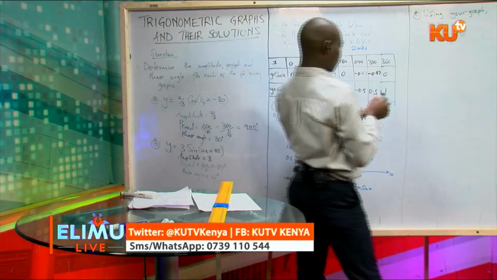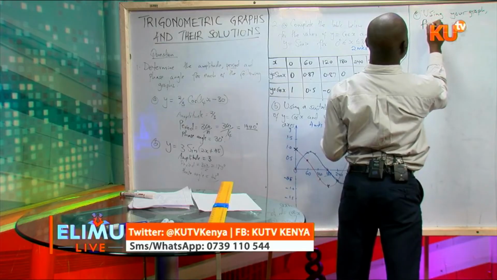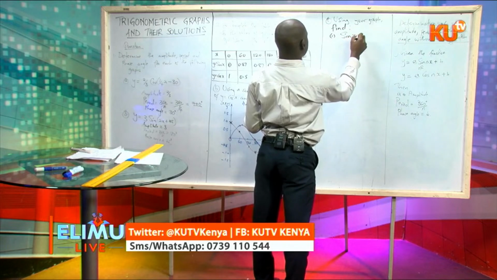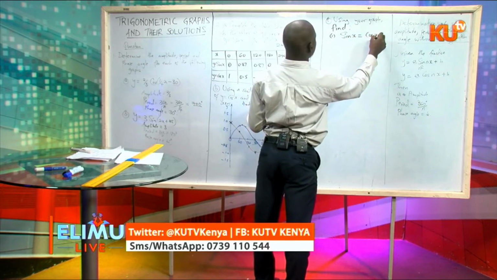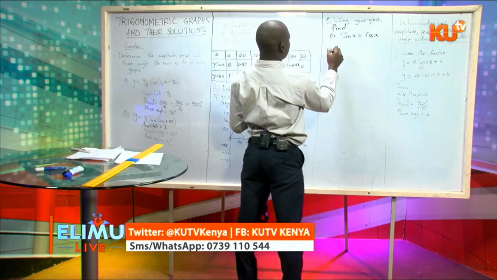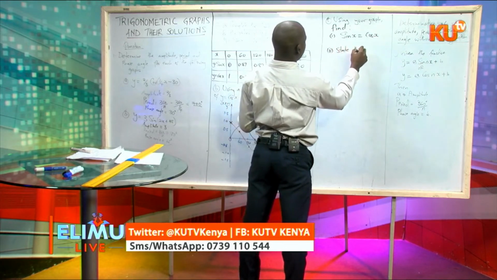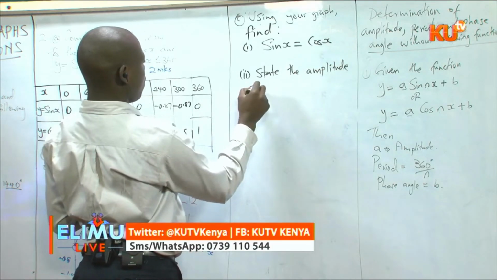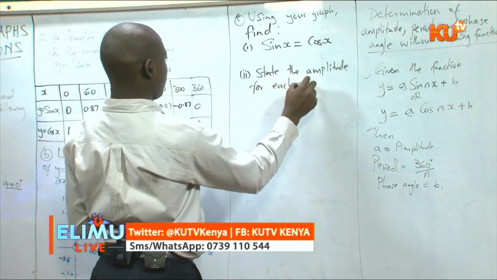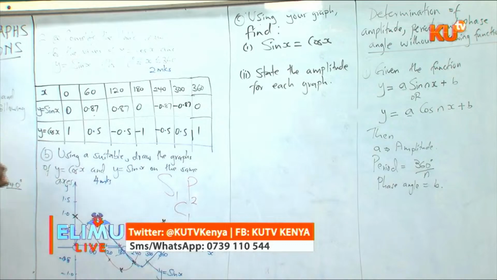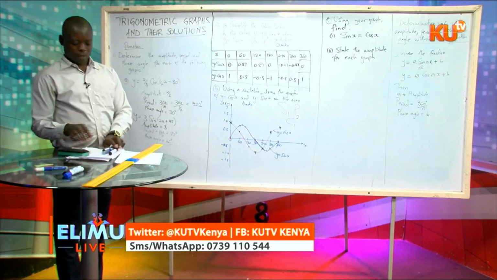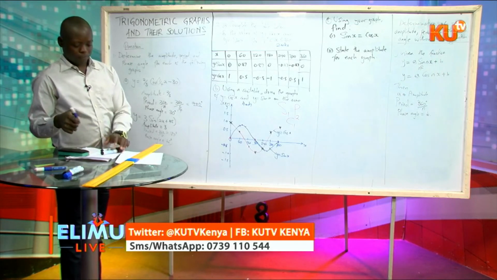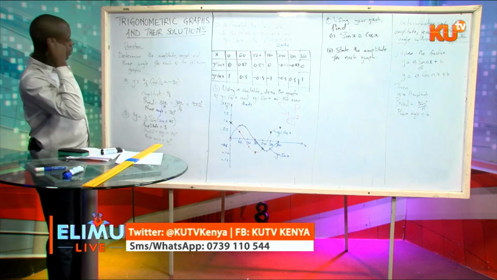So using your graph, find number 1, sin x is equals to cos x. And number 2, state the amplitude for each graph. So in this line now, what we do is we use our graph, and from our graph, what we are having is